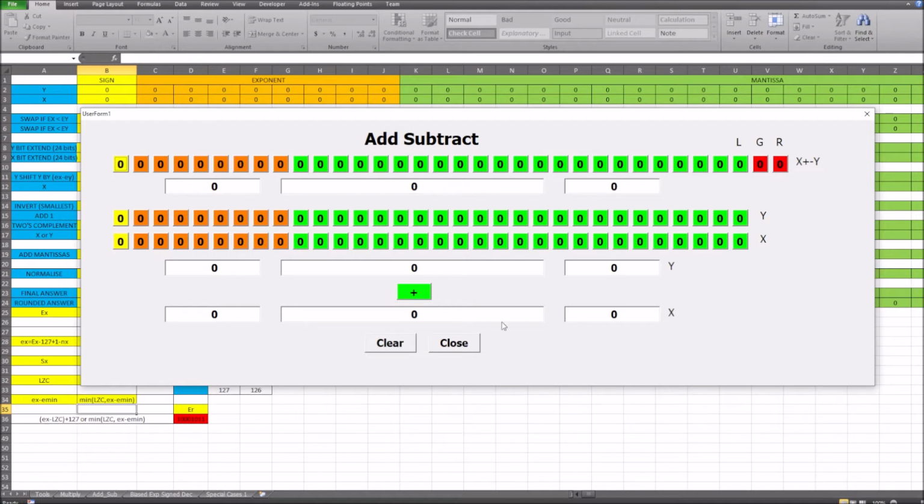Now I created this in order to help us work through the simulation of our adder and subtractor, and we'll go through this in a bit more detail as we work through the course. But for now, all we need to know is we have the X value at the input here, we have the Y value for the input here, we have the Add and Subtract button, and we have the answer which will appear up here. So let's put in a couple of random numbers,